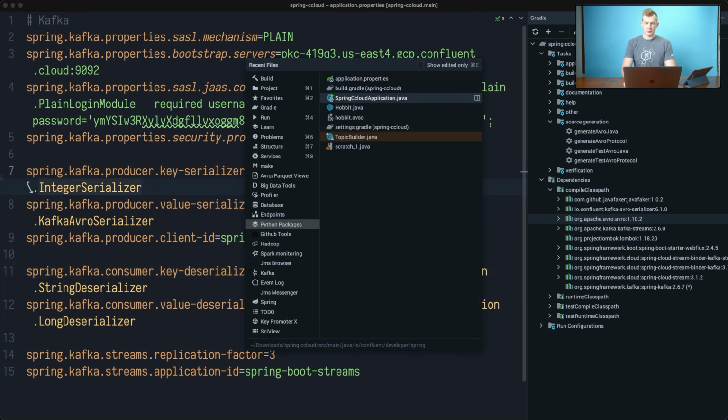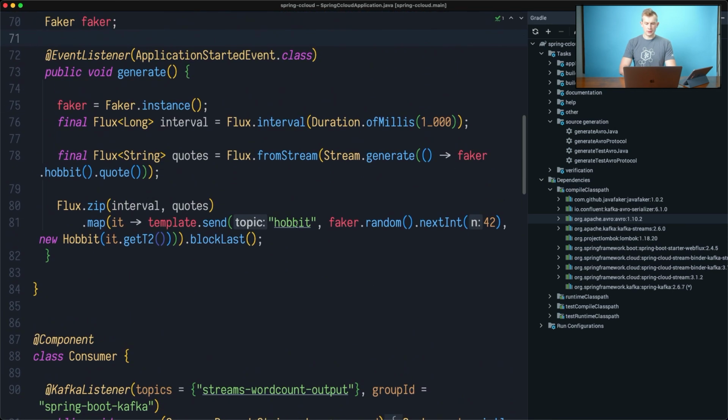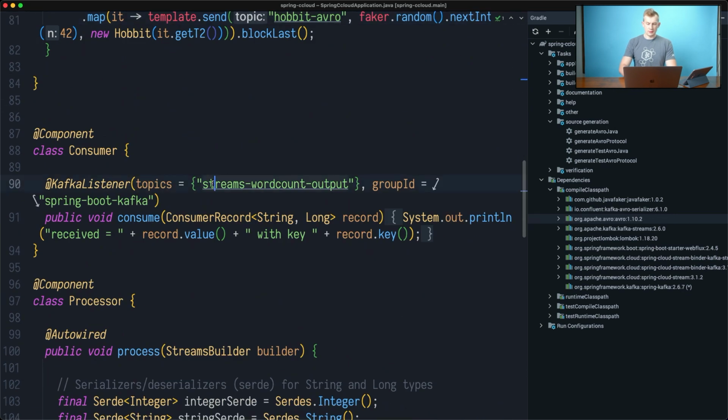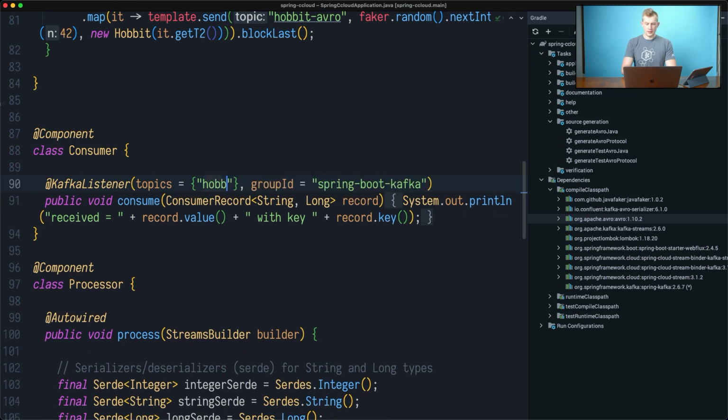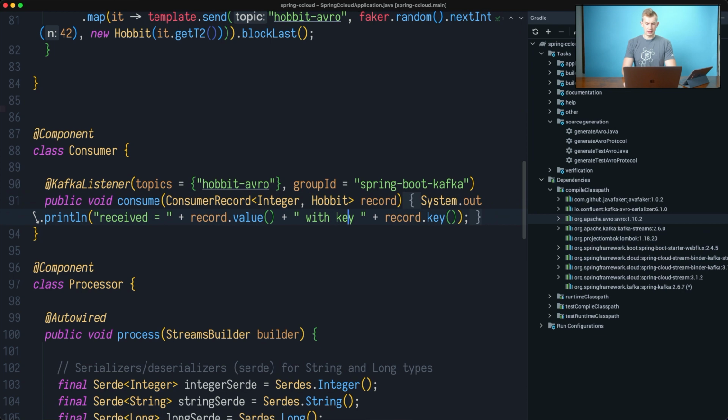Let's fix our consumer. In our consumer code, first of all, we're going to be using a different topic. So let's call it topic Avro, Hobbit Avro. And we're going to be listening to the topic called Hobbit Avro. In this case, our String becomes Integer because our key is of integer type, and our value is Hobbit here as well.